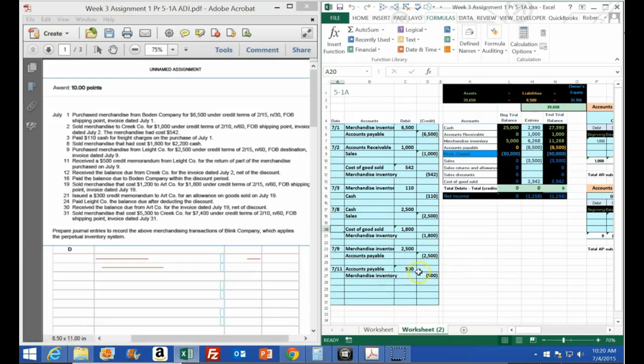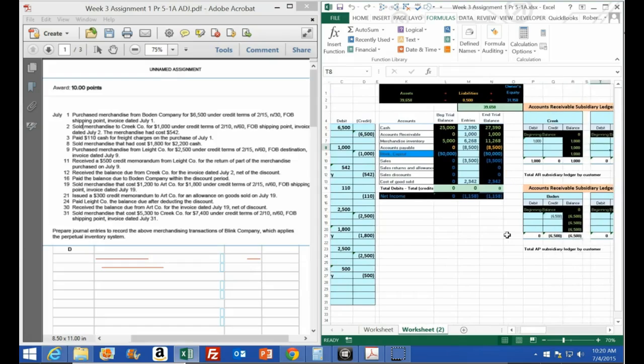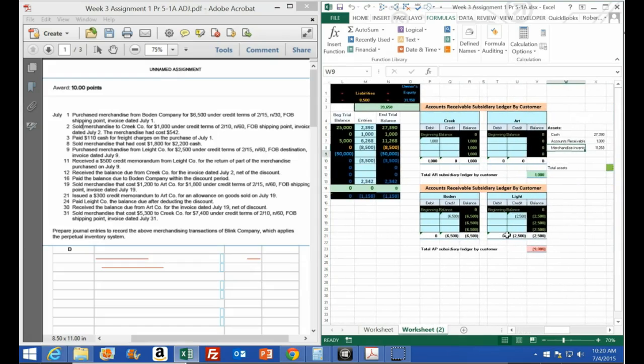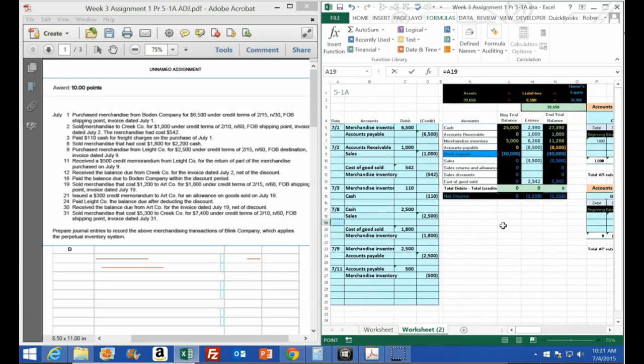So the last thing we need to do with this accounts payable journal entry is to say that, okay, this happened to Creek, and so this amount here, if we go to the subsidiary ledger and say that, and we return the merchandise to Light Company. So now we're out of balance here because we got 9,000 here and 8,500 here, and that's because of this difference to Light Company. So we're going to put the debit now, reducing the amount that we owe to Light